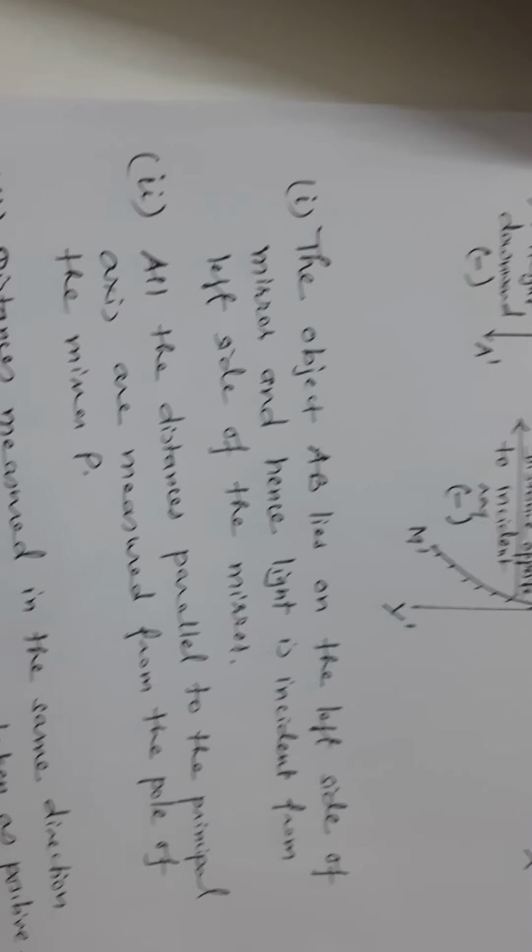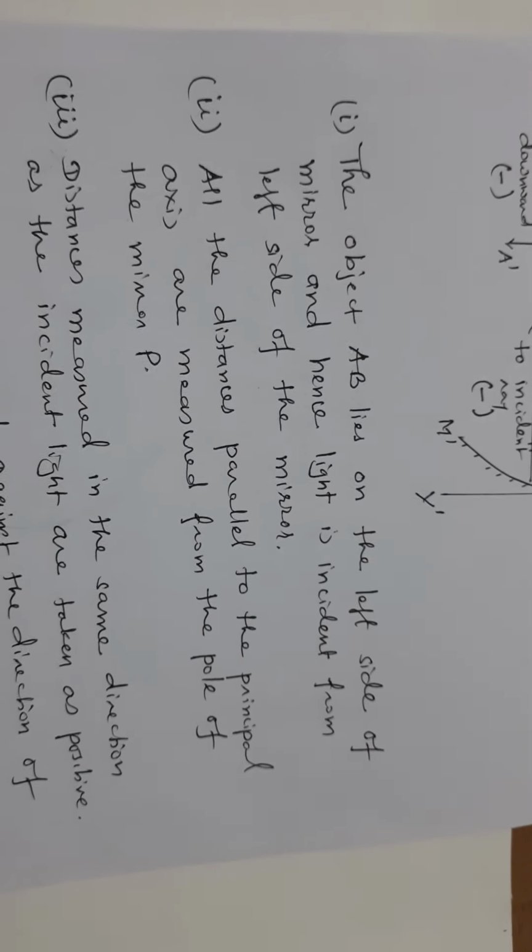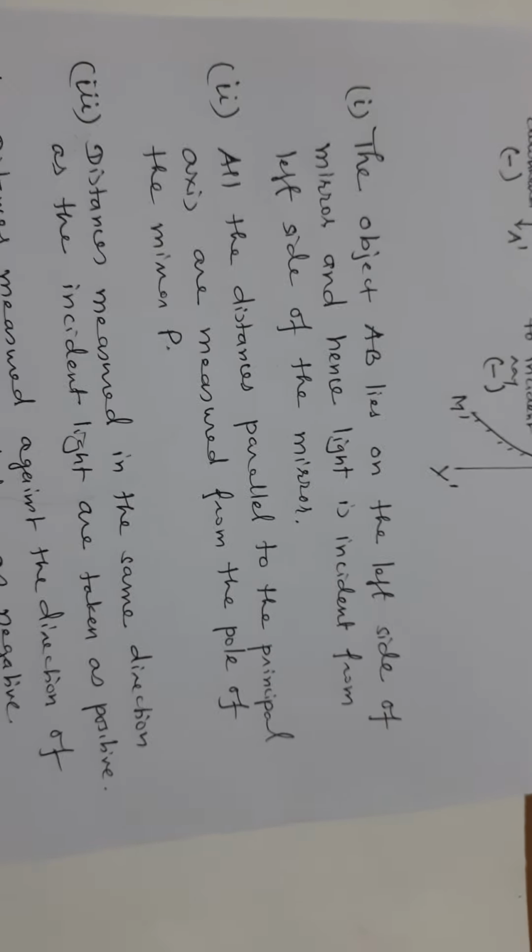Now here I have noted down the 6 points. The 6 points are to be remembered. Generally, this is a question of 3 marks in board examination: Explain Cartesian sign convention with respect to spherical mirror, where you will have to draw the diagram and write down these 6 points. These points are already given in the textbook. Only I am explaining them.